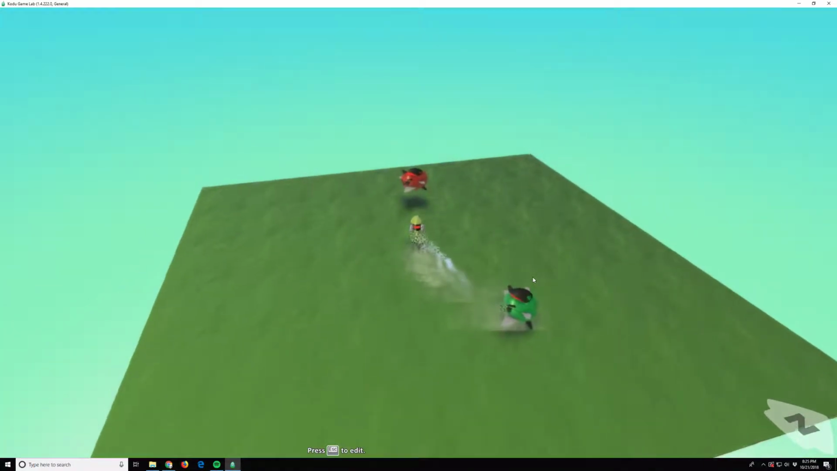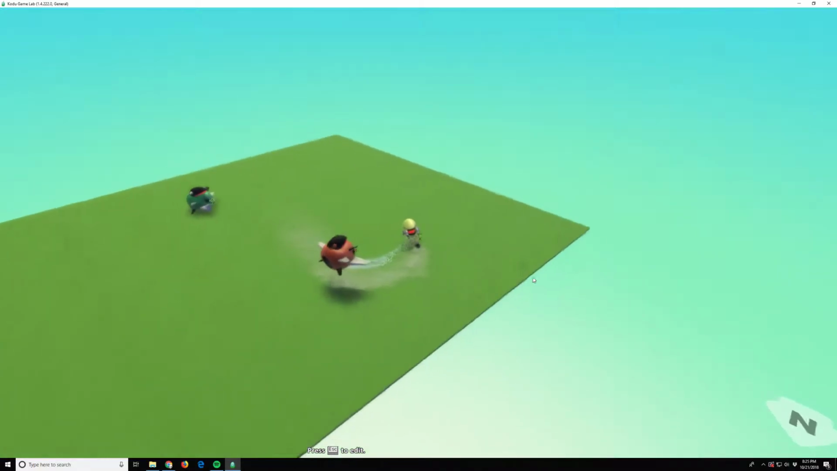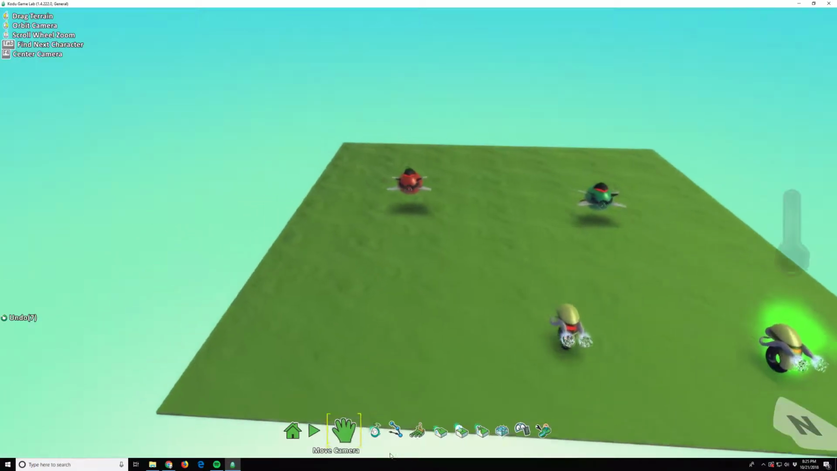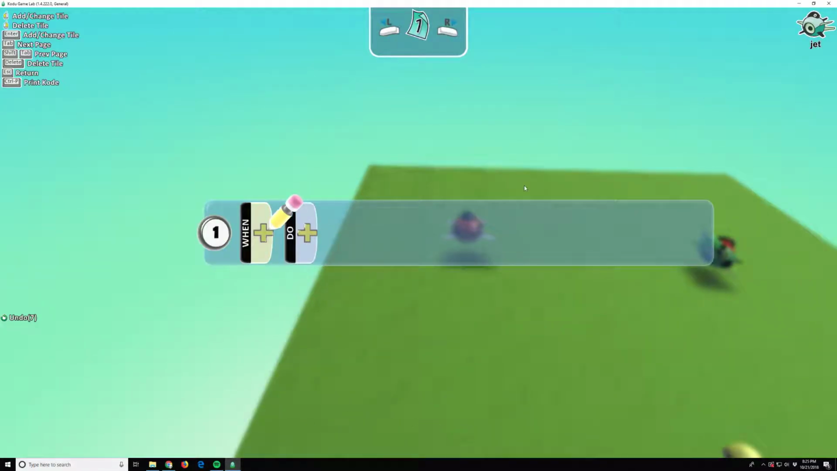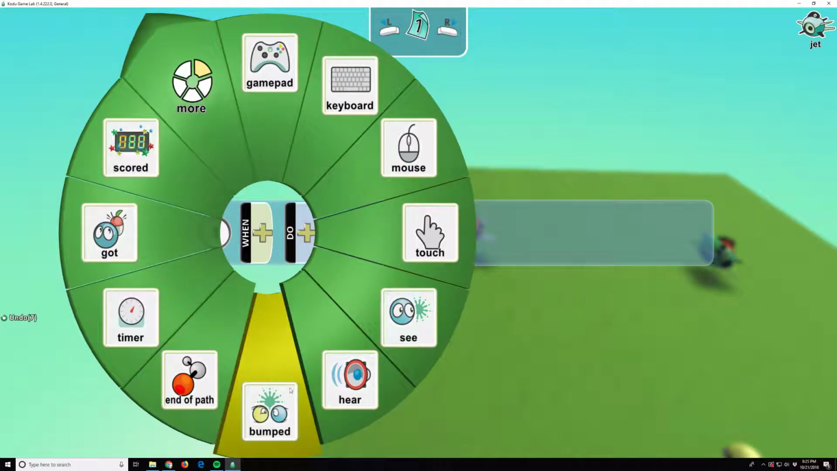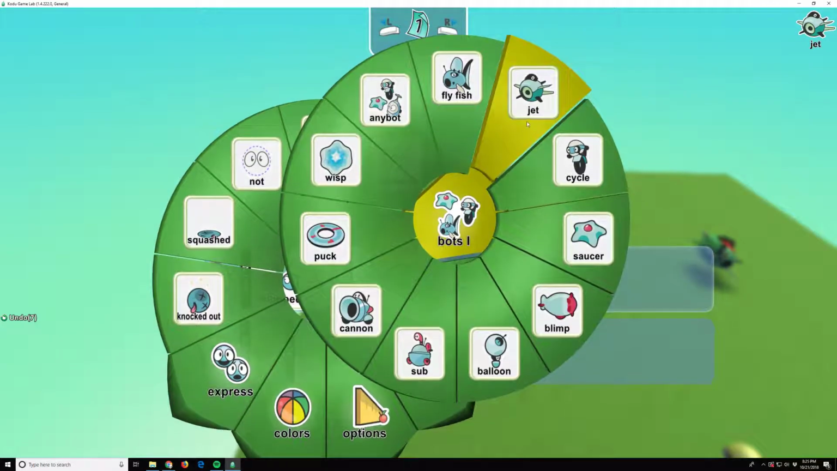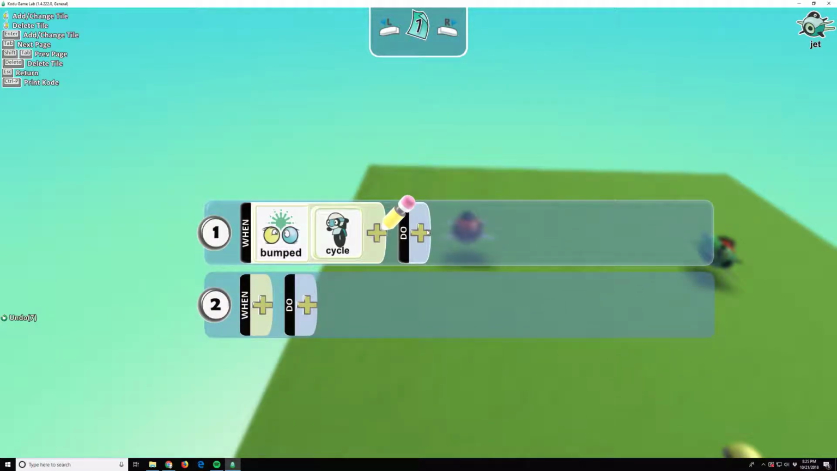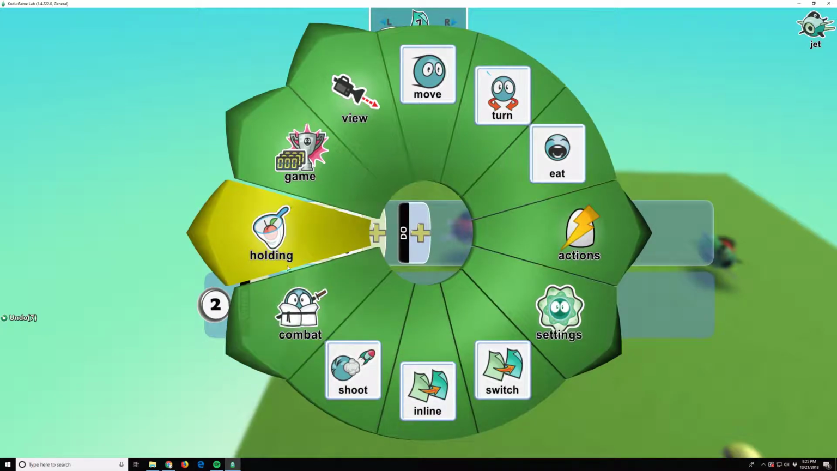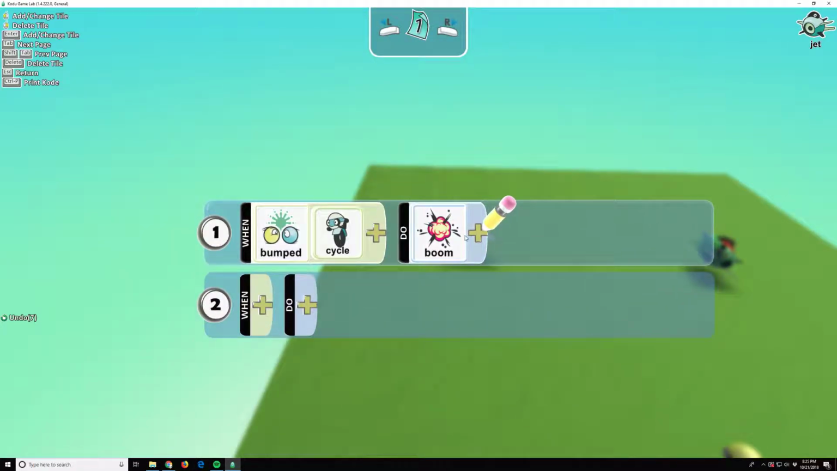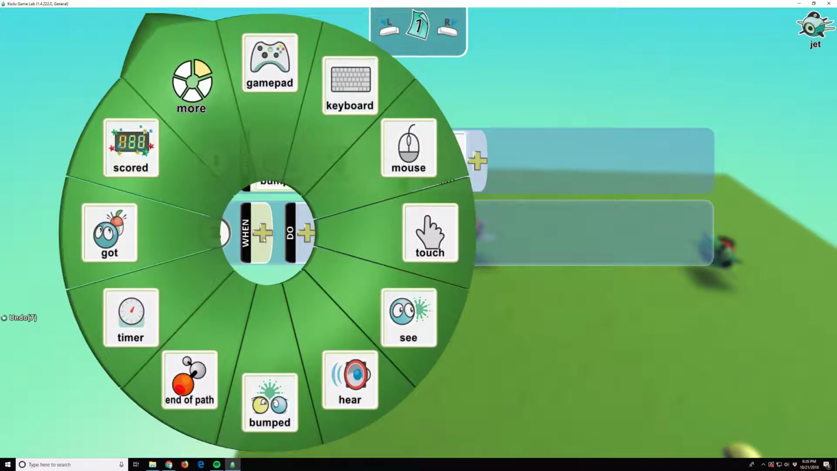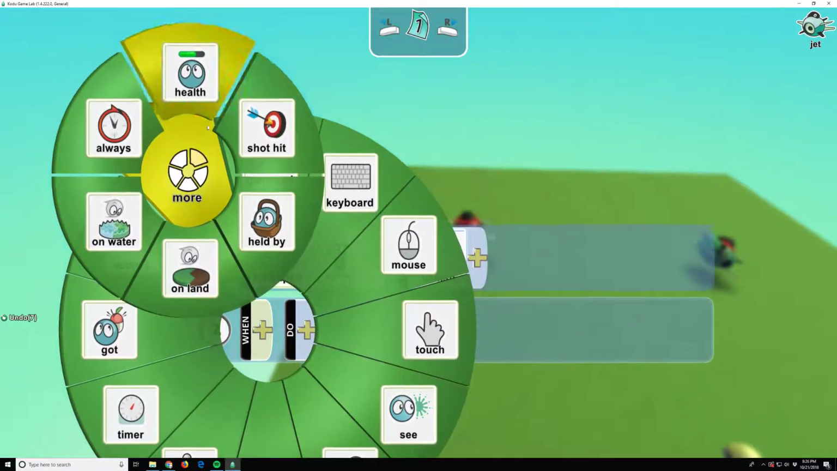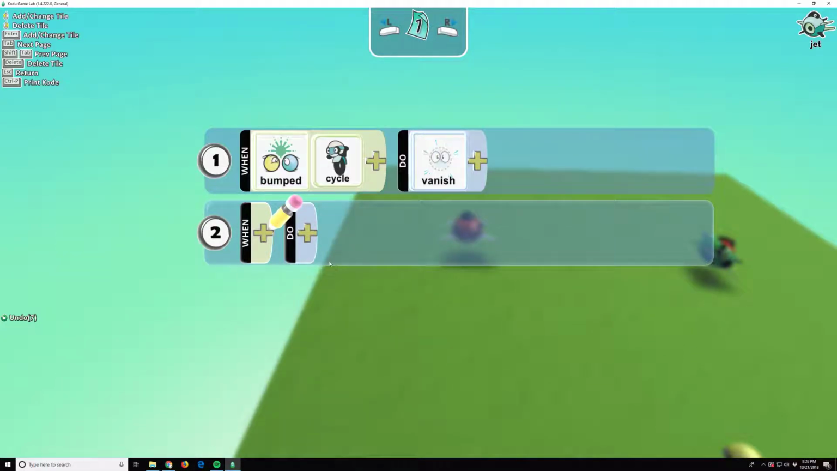Alright, so I'm going to show you how we do this with this red one, who I have not programmed at all. So what we do is we go to this jet, we click program, and we say when you are bumped by a cycle, we want it to get rid of the cycle. So let's destroy it. We could actually, let's use vanish. Make it vanish, and we want you to switch. We also want you to